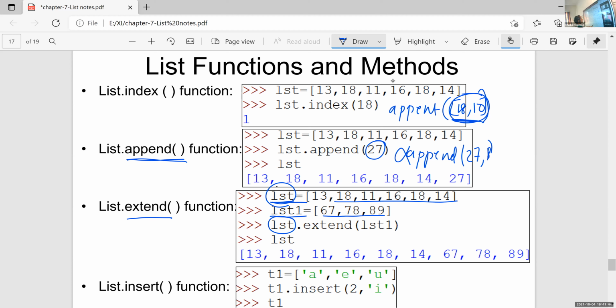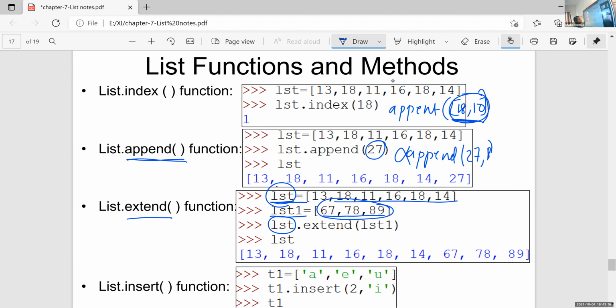Because I want to add the contents of first one to first. So start with first, use the extend function, and within brackets use first one. So the result is 13, 18, 11, 16, 18, 14, and the last values are 67, 78 and 89.